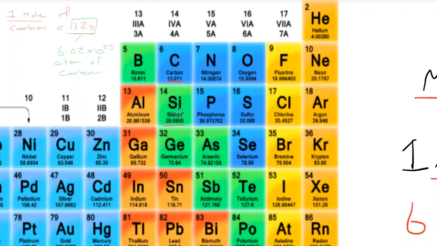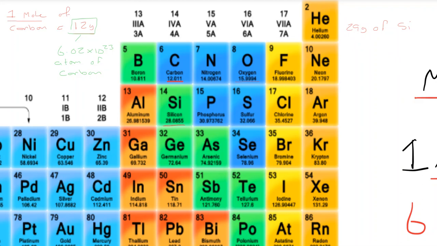So let's say we take silicon, for example. Its mass is roughly, we round it to, 29. So if I was to weigh out 29 grams of silicon,